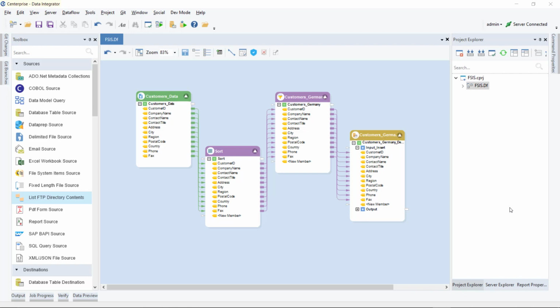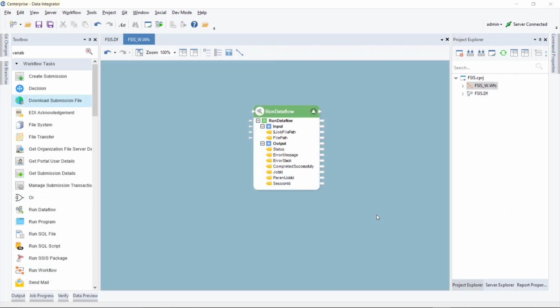We have already designed a dataflow for the process and have called this dataflow in our workflow using the run dataflow task object. Notice the filePath input node in this object. This is present due to a variable for filePath in the dataflow. This can be used to receive the filePath. We have multiple source files that we want to process in this dataflow. So we will use a file system items source object to provide the path to our source files to the